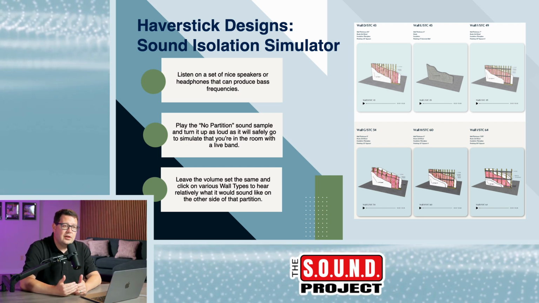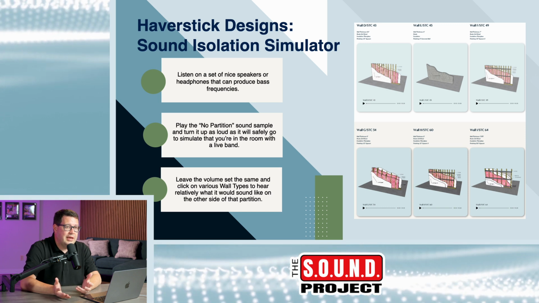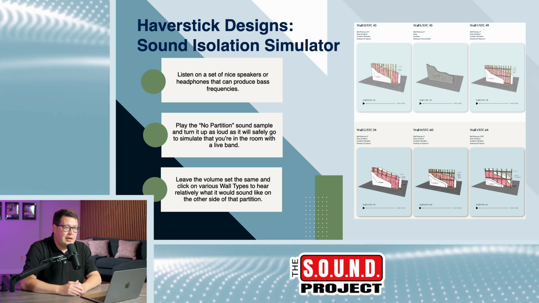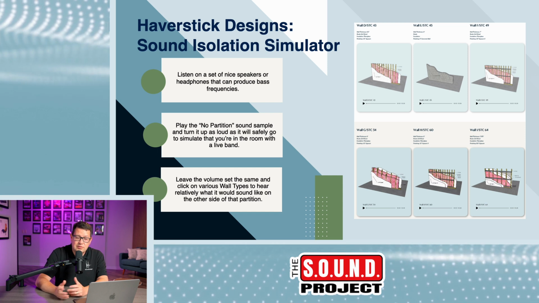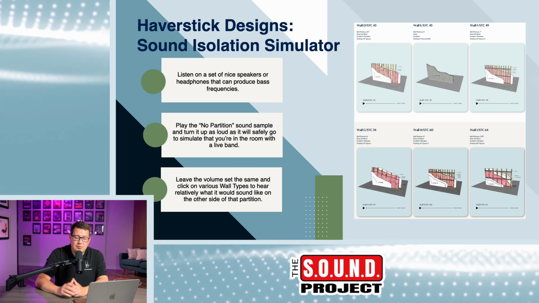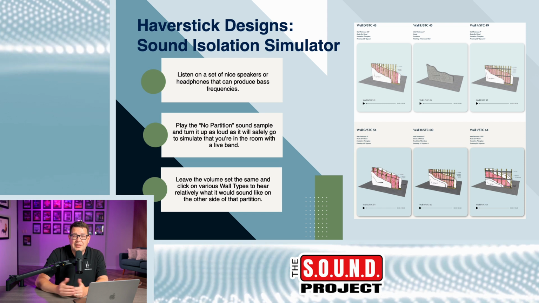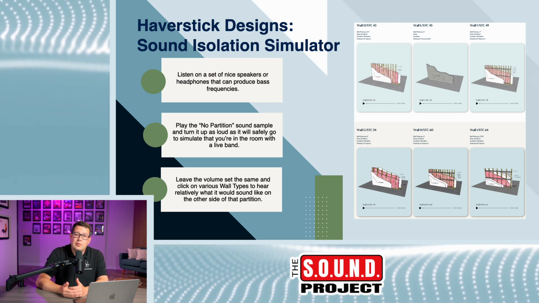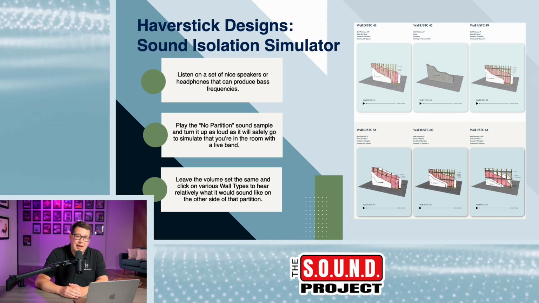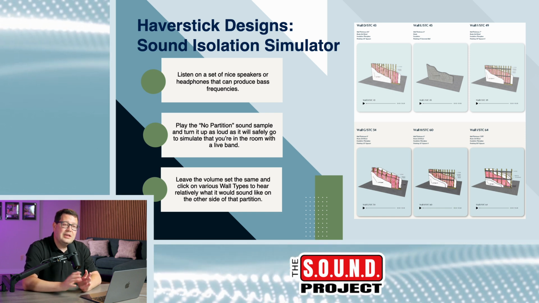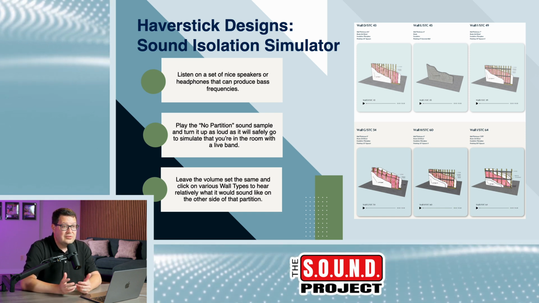And then as you scroll down on the website, there's a bunch of different wall types. There's probably 10 to 12 different wall types you can choose from, and it shows how it is built, the thickness of the wall, and some different metrics there. And next to each one of those wall types is a play button that you can click play and hear what it would sound like relatively on the other side of that wall. As long as you didn't adjust your volume from the initial case, you're going to hear the relative difference there based on the transmission loss